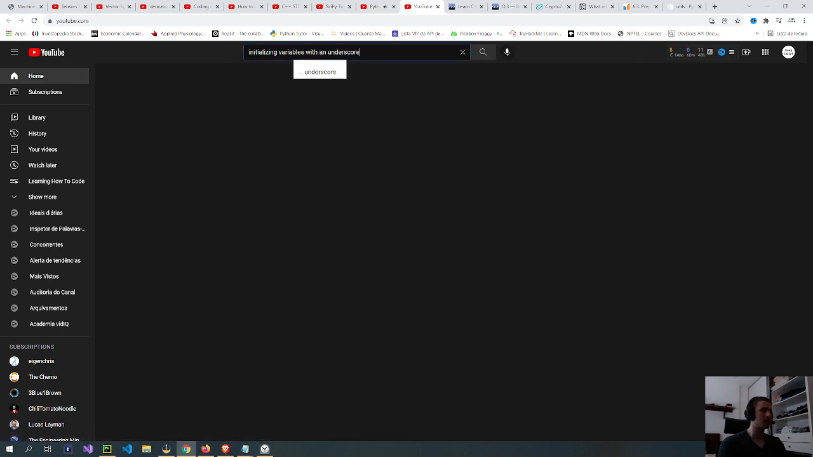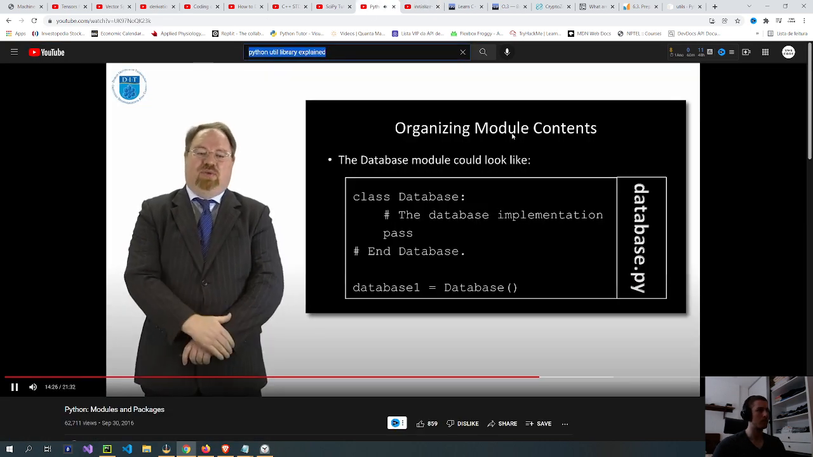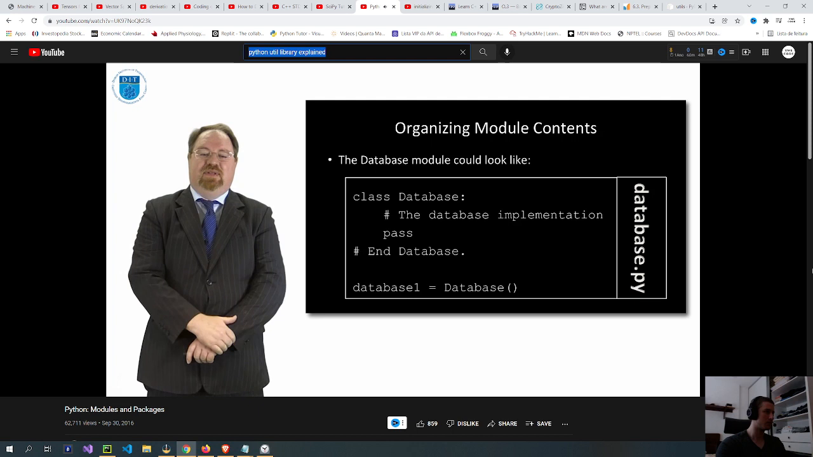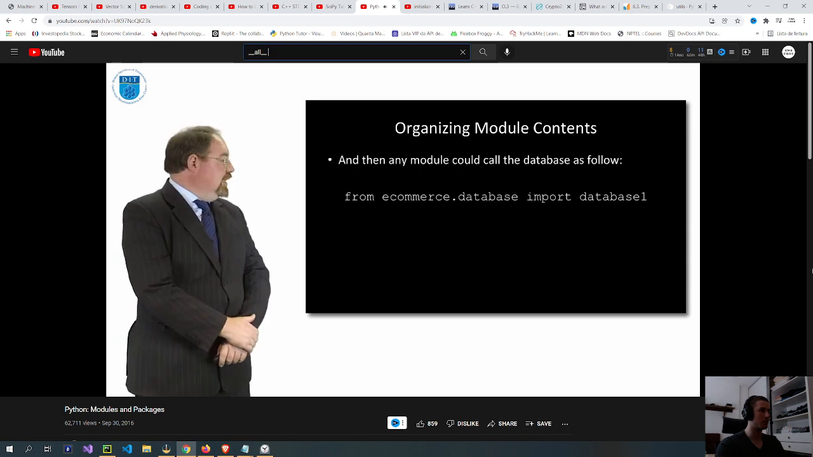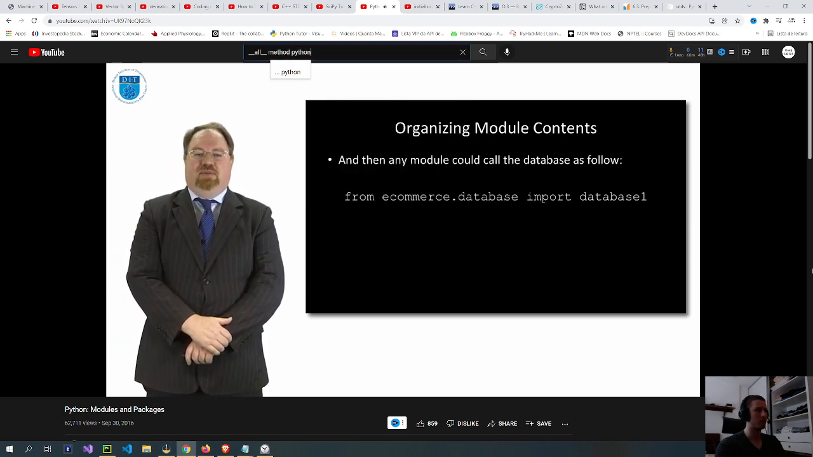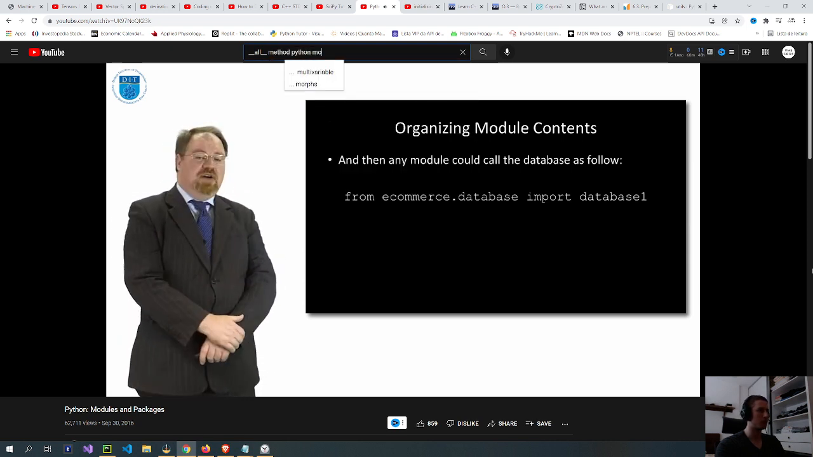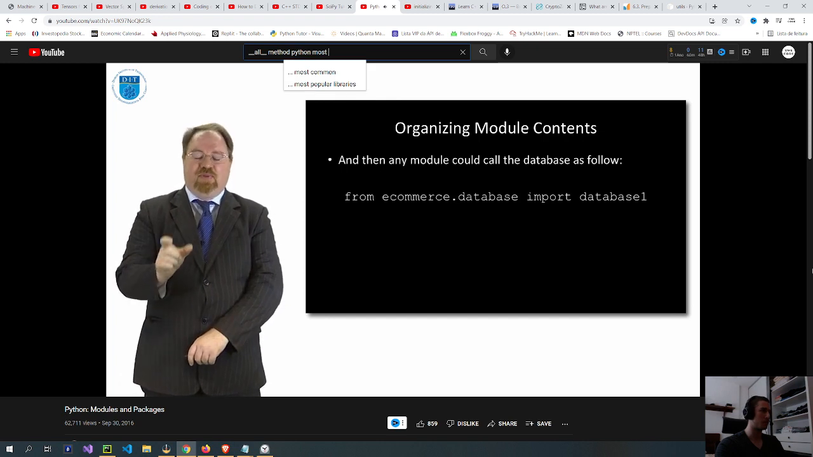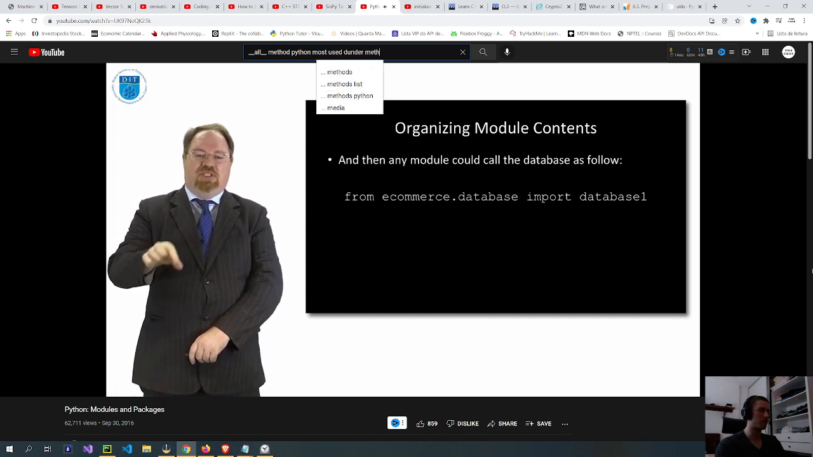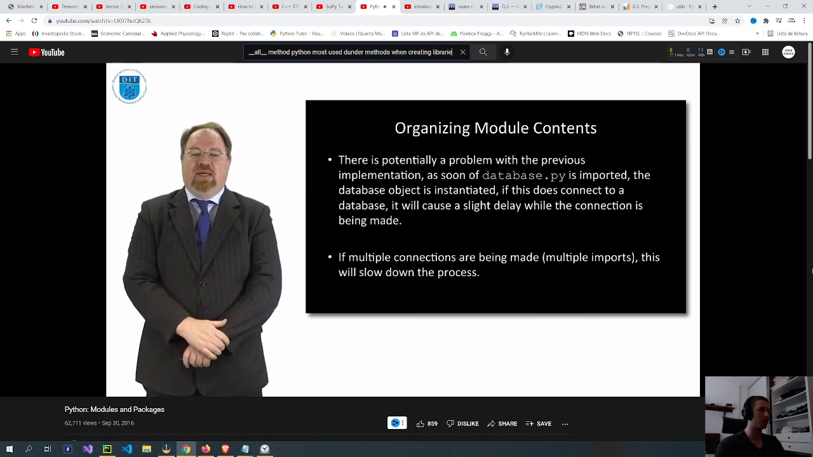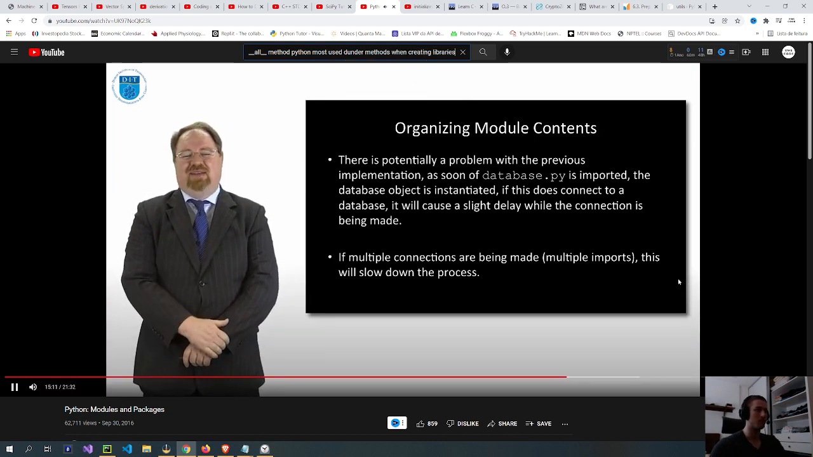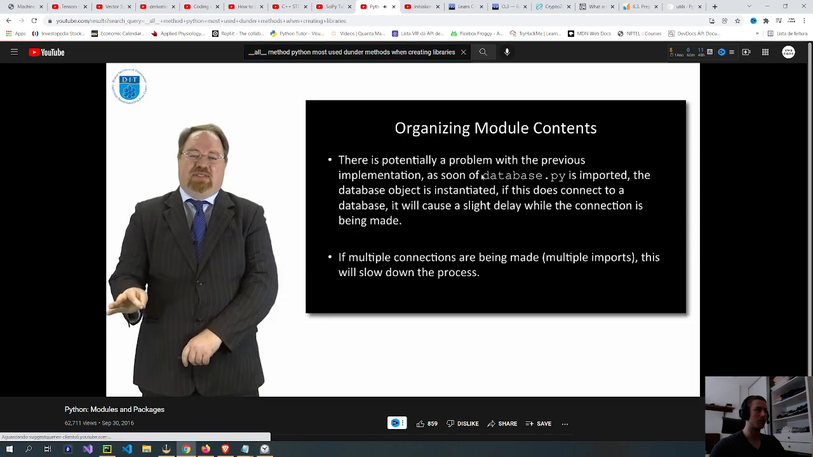Let's look at the case where there's multiple objects. If we have a module called database, and we have some implementation, and then in our database code, we say database1 is assigned an instance of database. That means we create an object of type database, and we've given that instance object a name database1. And that is a problem. So then in each of our other modules, in our product module, in our inventory module, in our customer module, we'd have code saying from e-commerce.database import database1. The problem there is that then we're going to end up with multiple instantiations, multiple copies of database1, which is definitely a problem, because then each one will try and connect to the database separately, and it'll cause a bit of a delay. So we prefer not to have these multiple connections. That'll slow down the process. Instead,